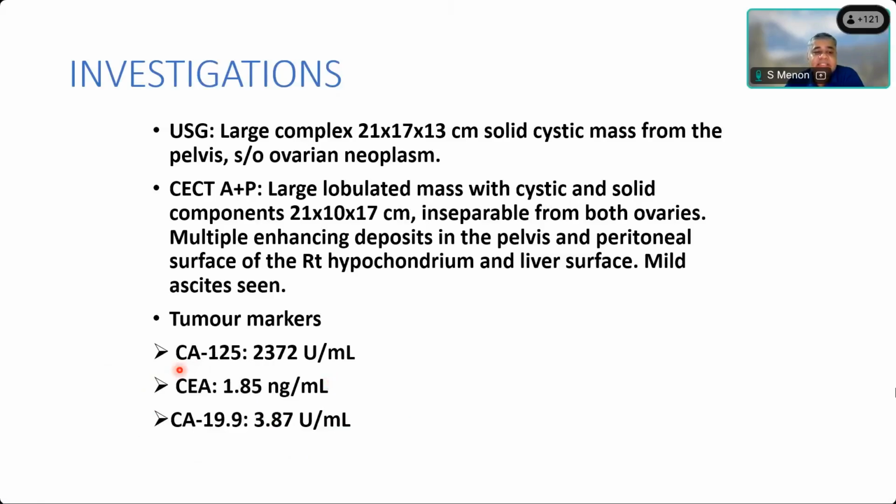So if CEA and CA 19.9 are raised or CEA alone is raised, you are probably dealing with a GI metastasis to the ovary. If CA125 alone is raised, then you are probably